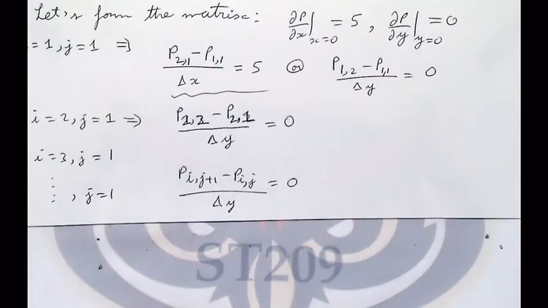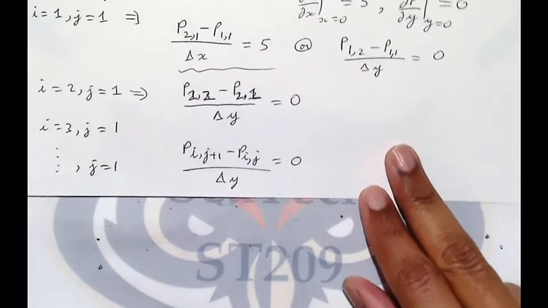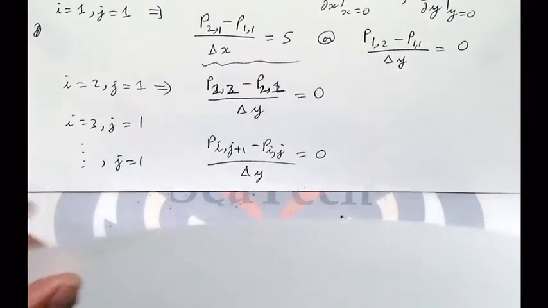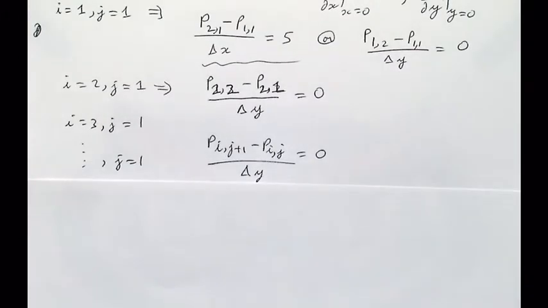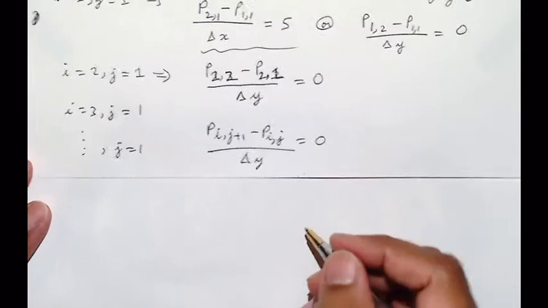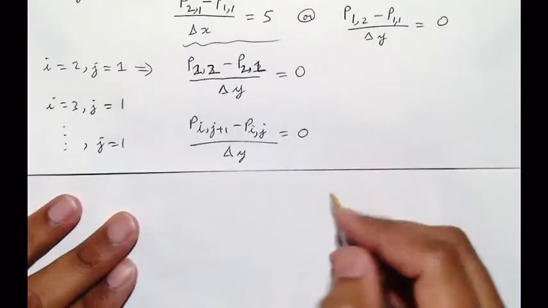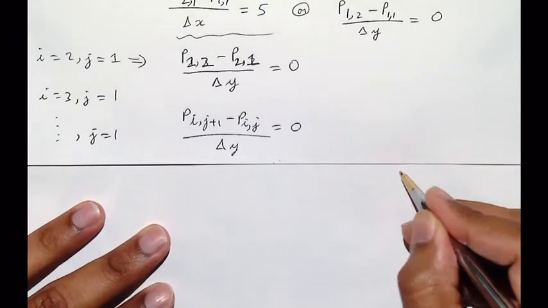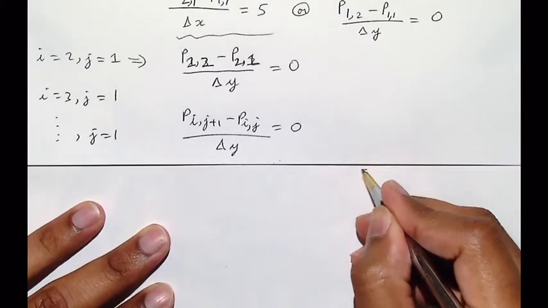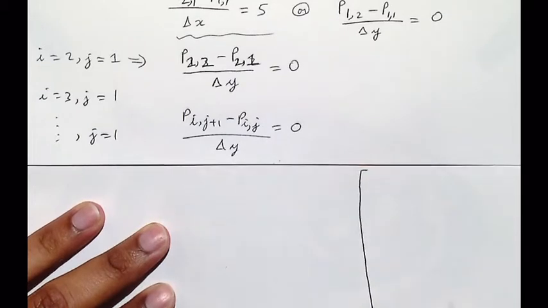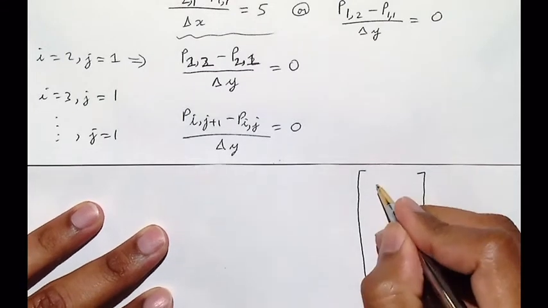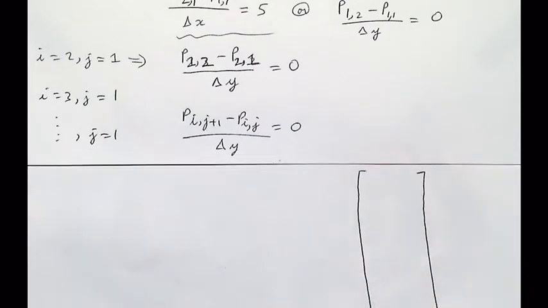So after this, what we need to do is assemble all of this into a big matrix. Okay. So let's write that out. Let's see. Okay. So let's see, where should we do that? Okay. Let's put the pressure vector, the unknown pressure vector over here. And the first one will be, what will the first one be? Pressure at node.